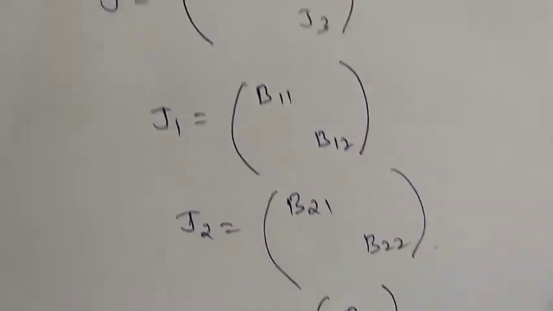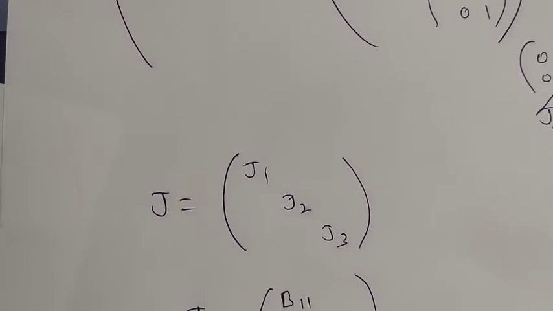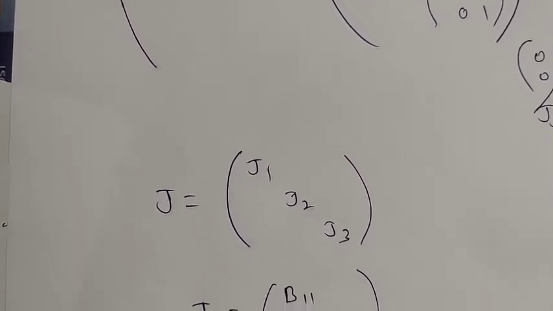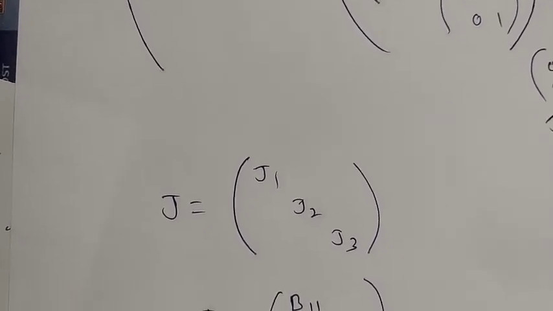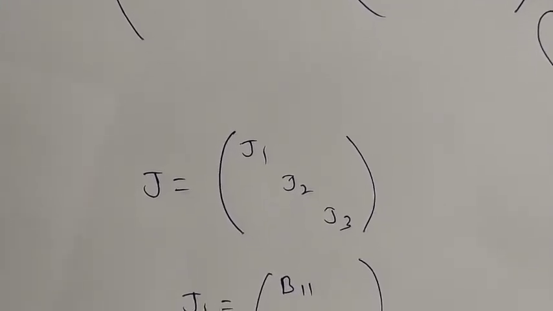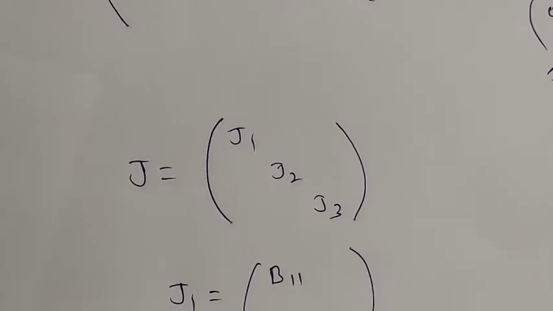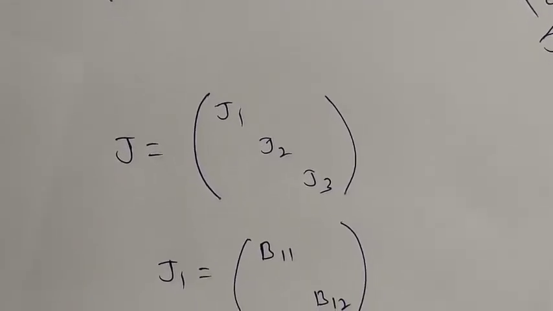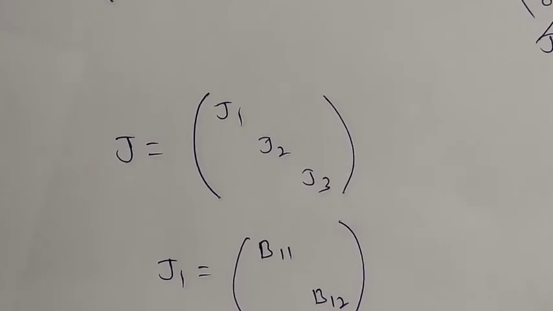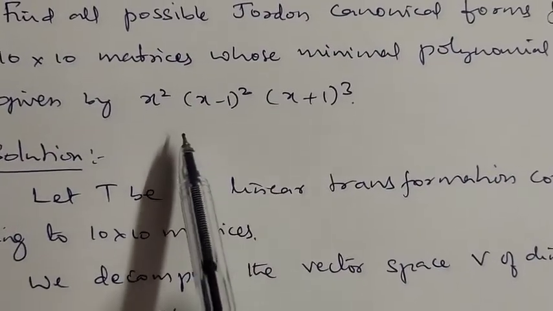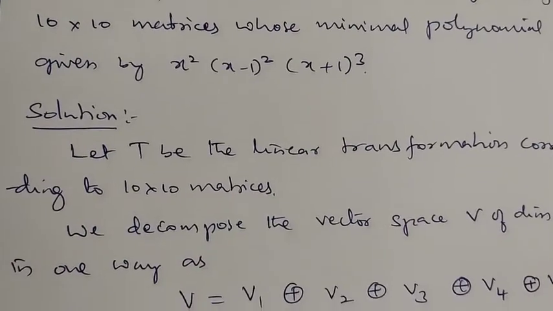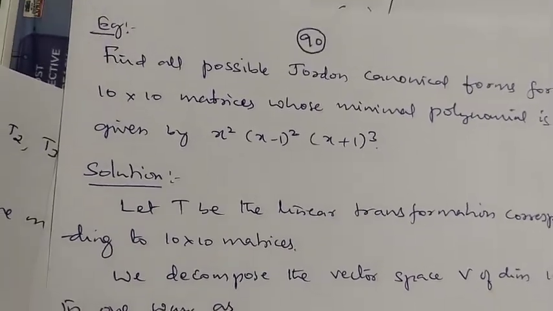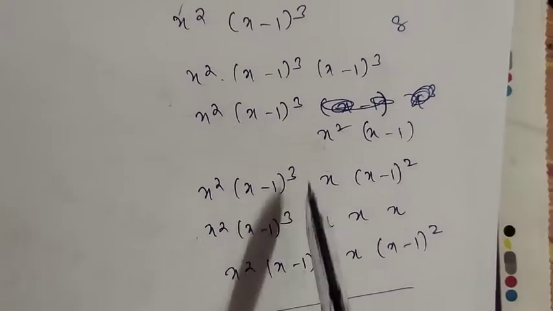Likewise, whichever polynomial they give, if they give the characteristic polynomial, it's very easy, no choice is allowed then. So directly you need to find the Jordan form. Only if they give the minimal polynomial do you need to have the choices for the characteristic polynomial. If they give the minimal polynomial, then only we have choices, as I said in the above example, where these are the choices.